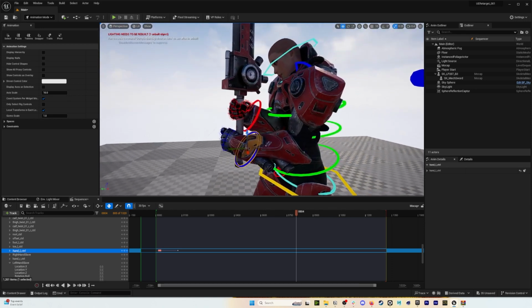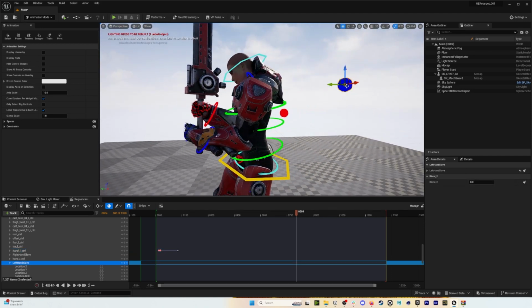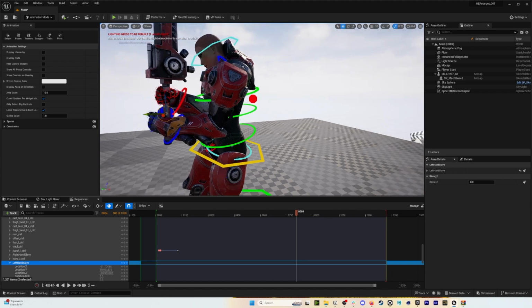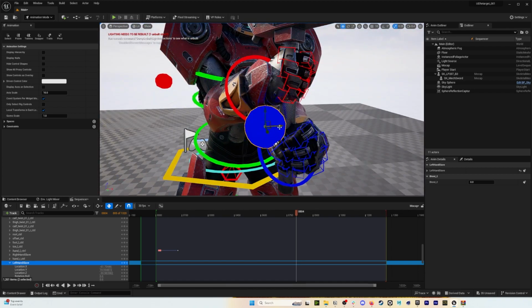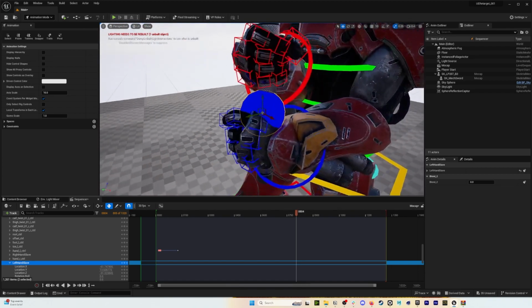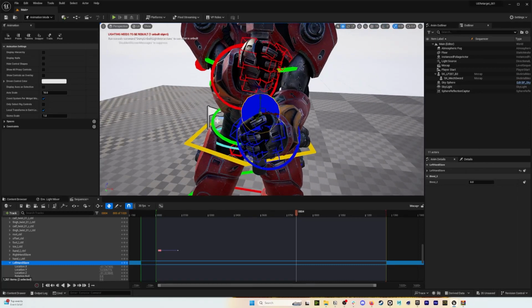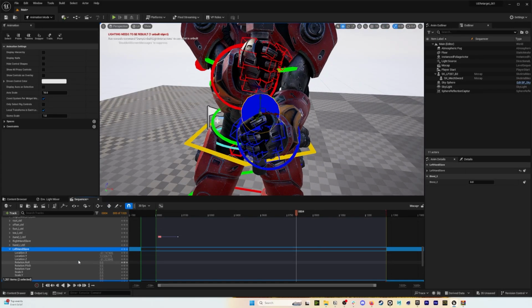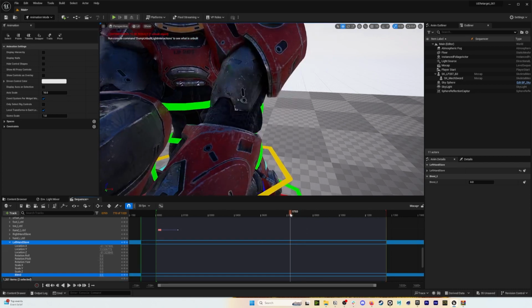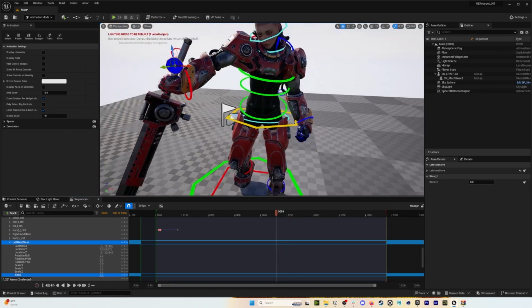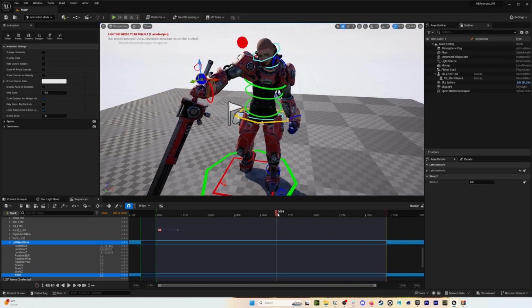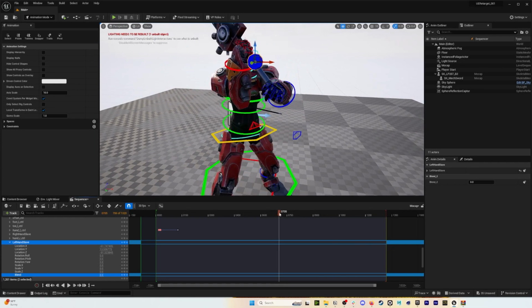The way that we're going to do that is I'm going to grab this blue ball, again, that is connected to the blue left hand. I'm going to place this on the spot that we want our left hand to be. In this case, it's right here. I'm going to turn off auto keyer for now because it's just going to mess things up. And left hand slave. So let's go to when our left hand grips the sword right